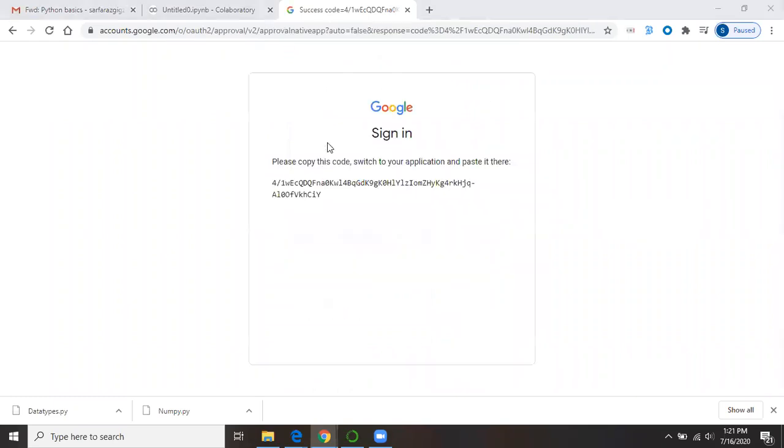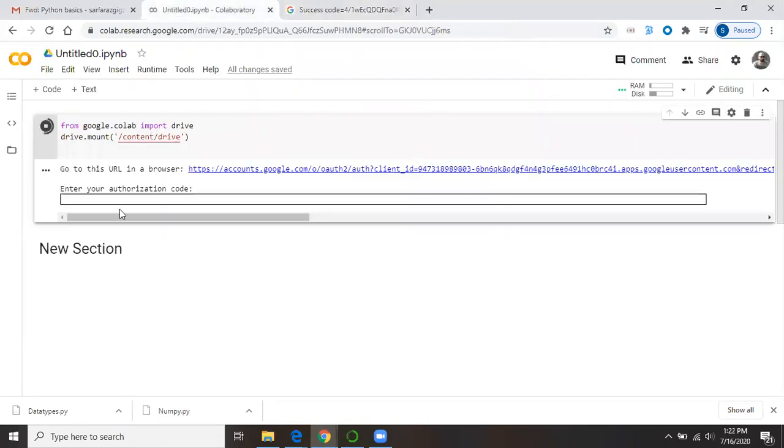Later on, if you want to change that, we can change it, or the email ID you can change it. Just click on this square box here. It will automatically copy the whole string. Yeah, just click on that, copy it. Now go to your Colab page. Yeah, here just paste it in your box.